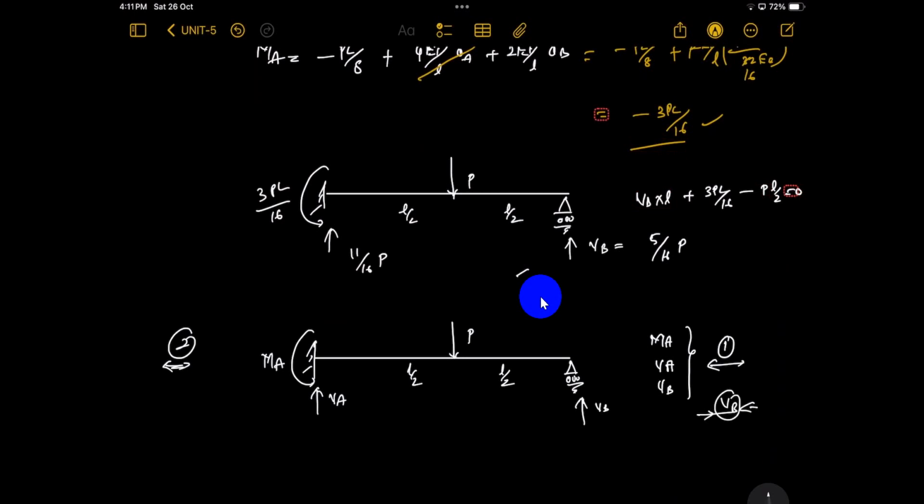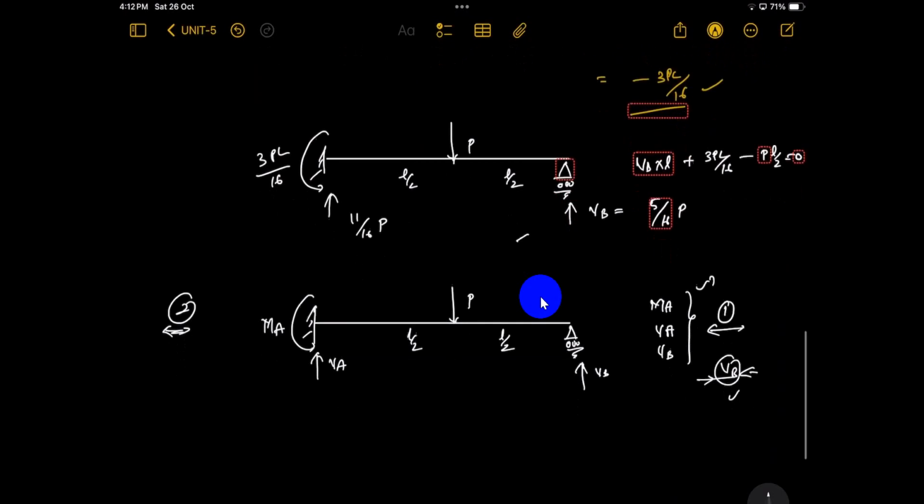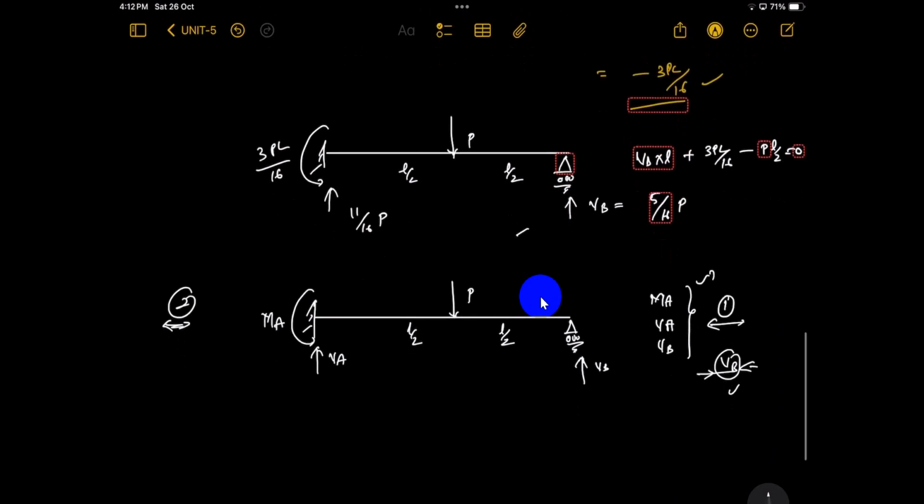So for the indeterminate reaction, you can choose any one of these. The remaining values you can get by equilibrium equations. I will solve this problem with two different variables, Ma one time and Vb one time. Okay, I will show you. First I will choose Vb. So what will we do? Once again, see the